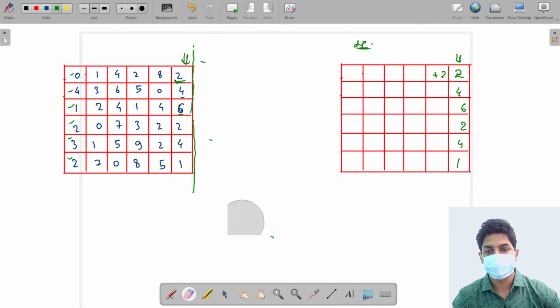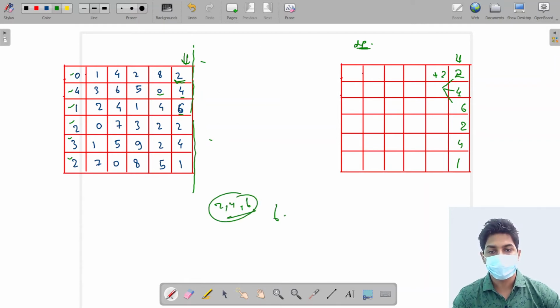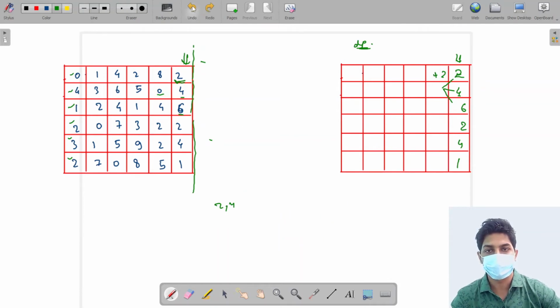Now let's take the case of this particular cell. This cell can go to either this cell or this cell. So the maximum of 2, 4 and 6 is what? 6, plus the gold of this particular cell. This particular cell has 0 gold, so the maximum gold if I start digging from this cell is 6. So the answer here will be 6.